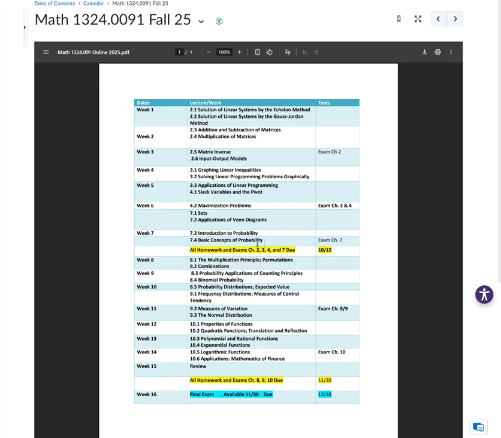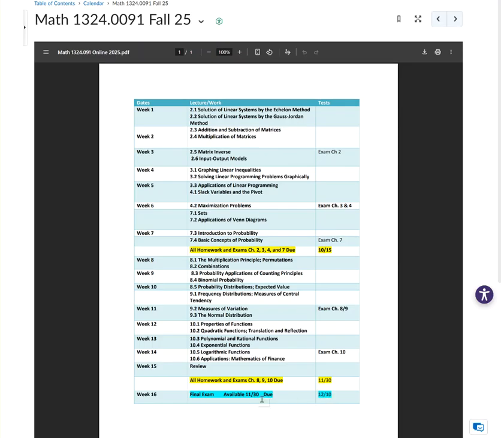So all of this, and this is all that will be available to you at first. And you'll have to finish that by the 15th. Then this will become available, and it will be due by November 30th. The final exam will open November 30th when all of the other stuff is done, and you'll have till December